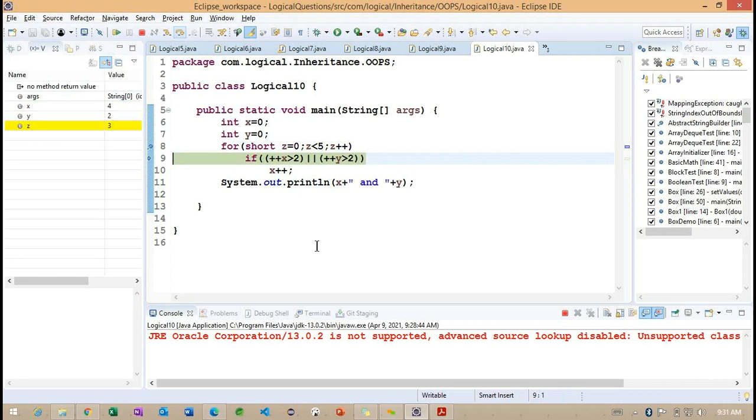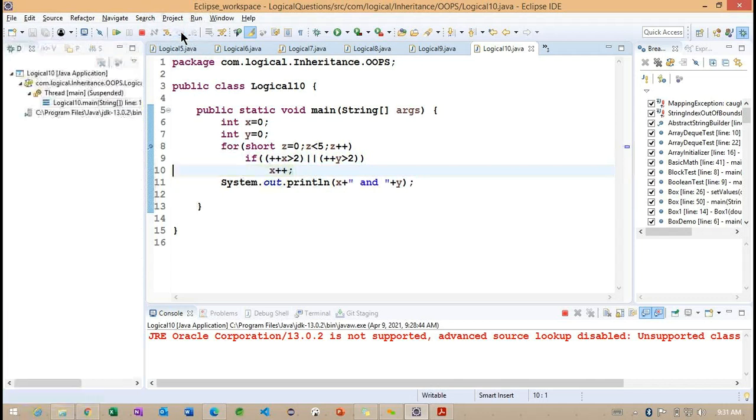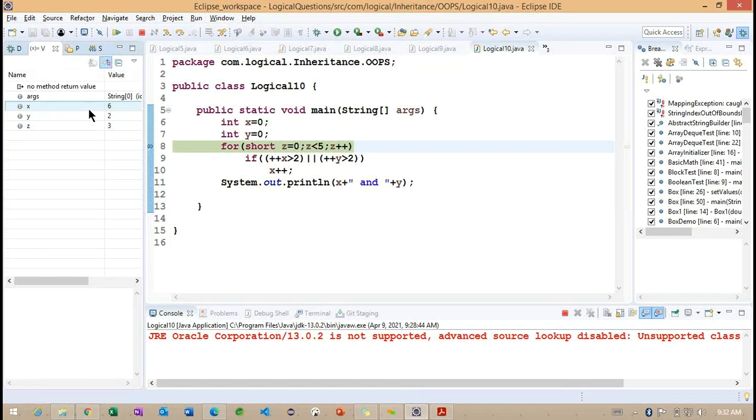Right. Now again we need to check. The condition is going to be satisfied because we have the x value 4. So it will become 5. The condition will be satisfied, so we are going to enter this particular block here. So 5 will become 6 here. So now you can see the x value will become 6.